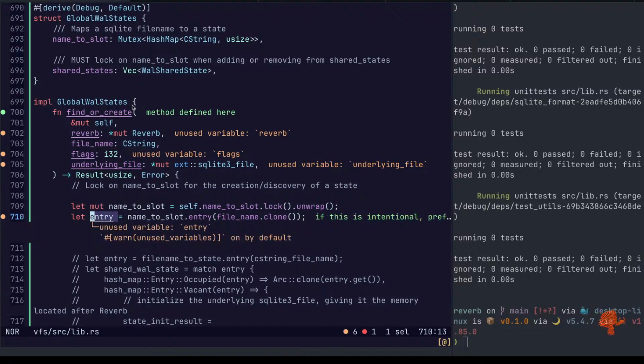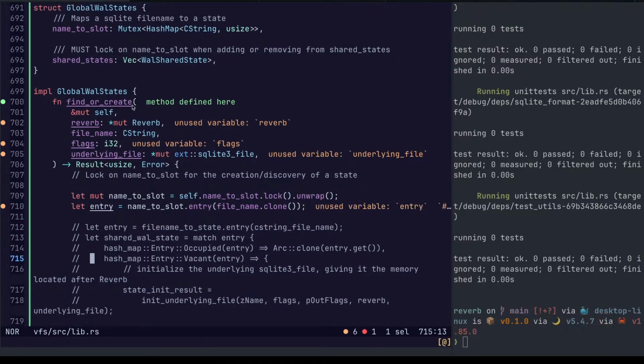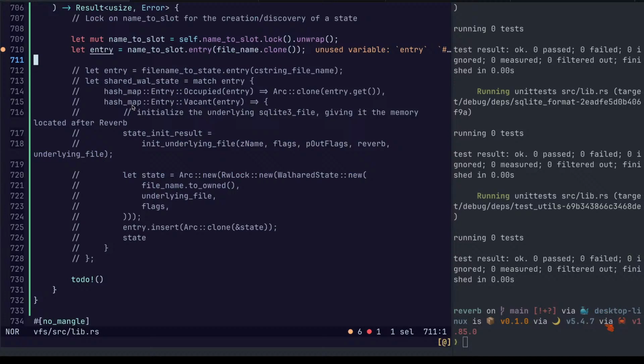So now we have an entry. It's occupied or vacant. Okay.